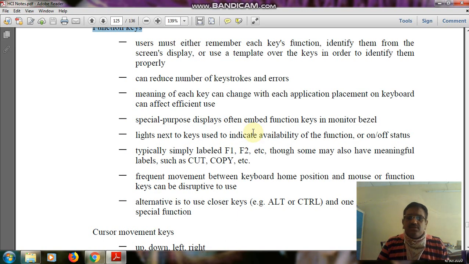Like that, suppose you want to select the entire data, you can use Ctrl plus A. By using the alternate key and by using the control key